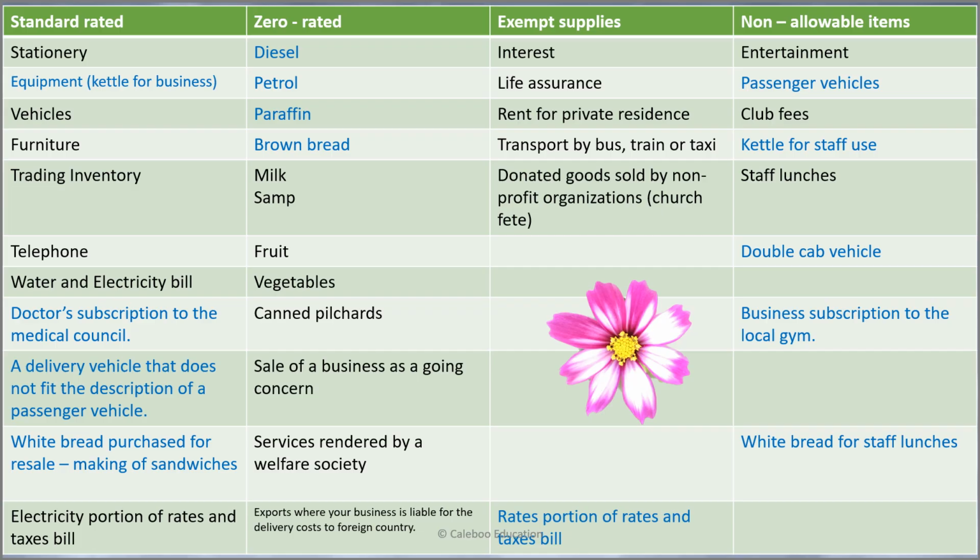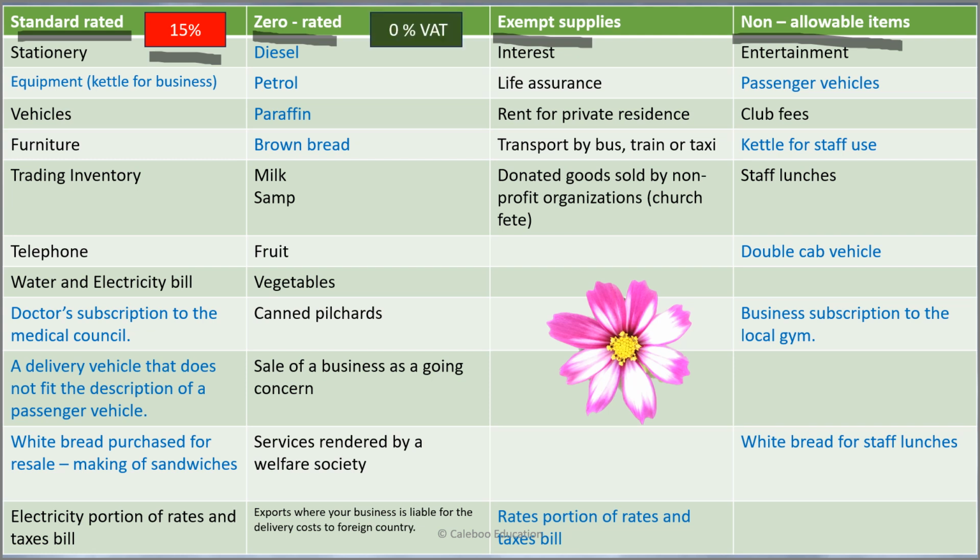Here are some examples of standard rated supplies, zero rated supplies, exempt supplies, and non-allowable items. Our 4 categories of VAT. Remember, standard rated items, 15% VAT can be claimed. Zero rated items,